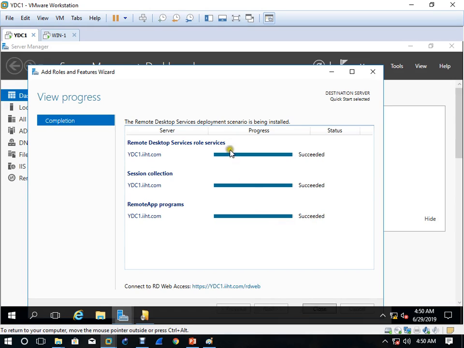Every service must show succeeded like this. Okay, so it has completed, right? And see what we are getting here: HTTPS colon slash slash yaoundé dc1.ist.com slash rdweb, which means remote desktop web. What you have to do is write this down.